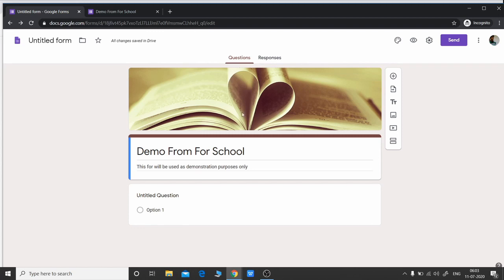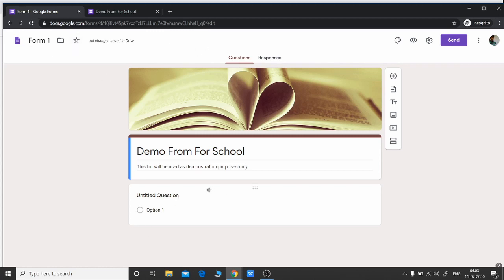So that is how you can create the header, and obviously the description and the name of the form. We can also change the name of the form, because all of these forms will be stored in your Google Drive, right? By default, whatever is the name of the form, the moment you click it, it's going to be there. So I'll just rename it, it is renamable also. I'll just name it like form 1, or whatever you like. It's up to you.